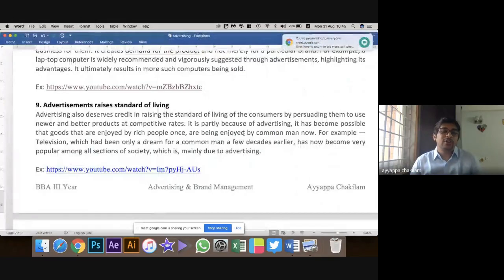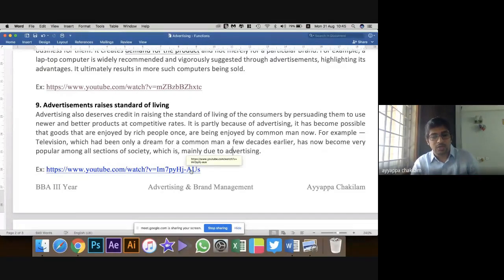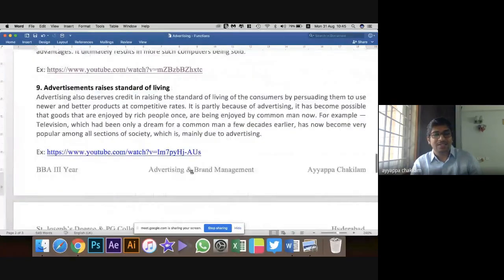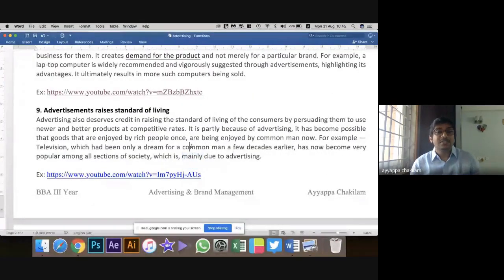So advertisements try to tell customers that they can raise their standard of living by purchasing their products. Here I've taken the example of Maruti Suzuki, where they have come up with really good, interesting ads, trying to tell that by purchasing a Maruti, it's like a celebration at home. It's like you have succeeded at something in your life. So let's see what it is about. It's a 4-minute ad where 3 particular stories are going on parallelly. Please observe carefully, and you can understand what it is about.